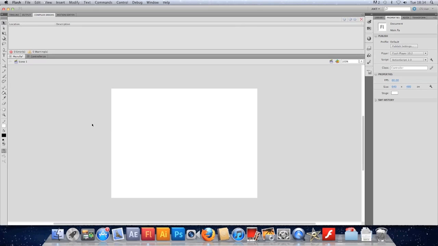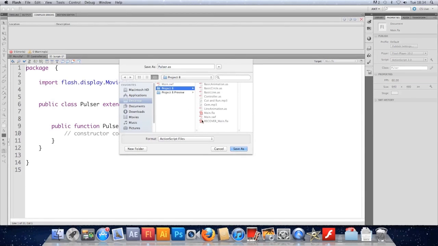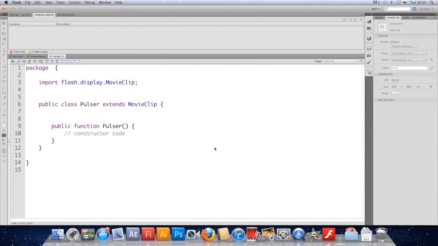And just to check that's working, we're going to come back to our FLA, and I'm going to change the document class again, and I'm going to call it Pulsar. So I'm going to make a class called Pulsar, which handles the music and the response to it. Make that class, don't worry about the code, just save it, because we're going to replace it with an Adobe example. So I've just saved that in there,